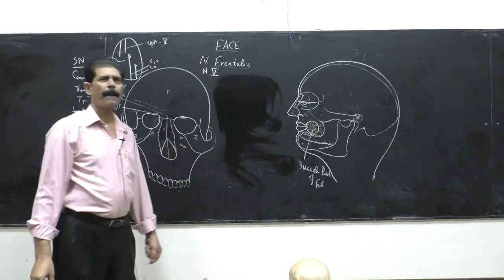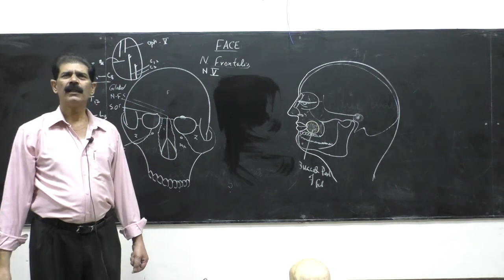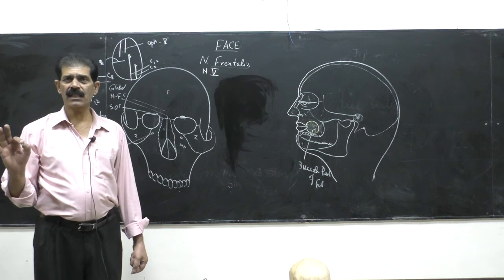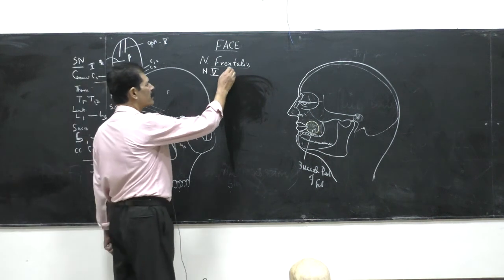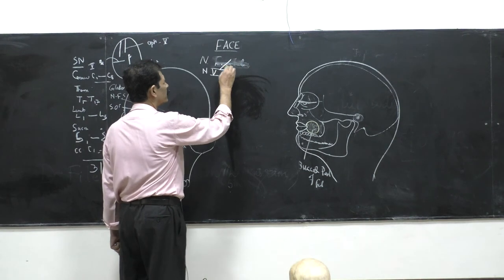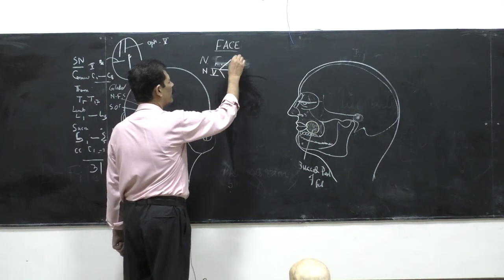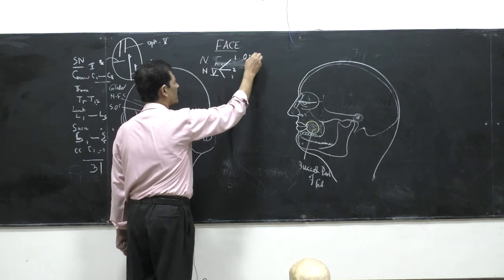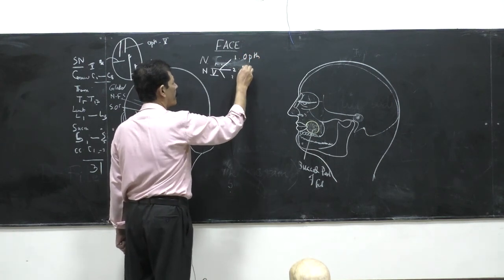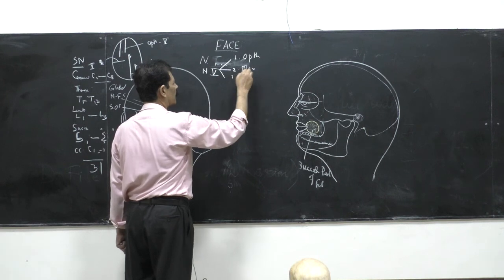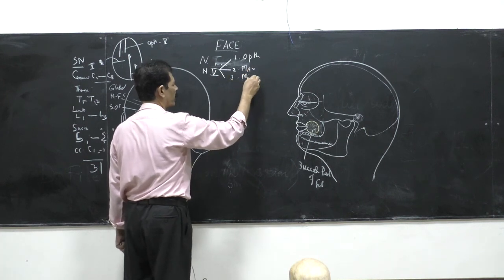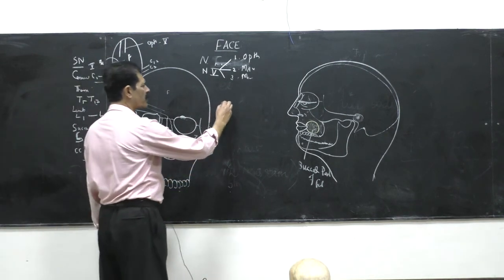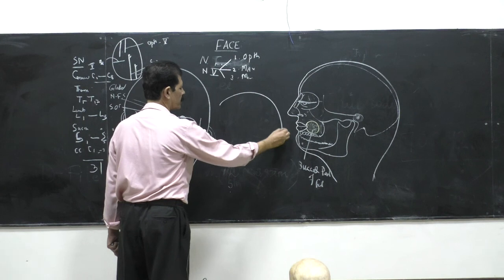What is the name of the fifth cranial nerve? Trigeminal. This is the thickest cranial nerve out of 12. Why? Because tri means it has 3 divisions. Number 1, number 2, number 3. What is number 1 division? Ophthalmic. Number 2, maxillary. And third is mandibular. So 3 divisions. So whenever a question comes, draw and label the sensory nerve supply of the